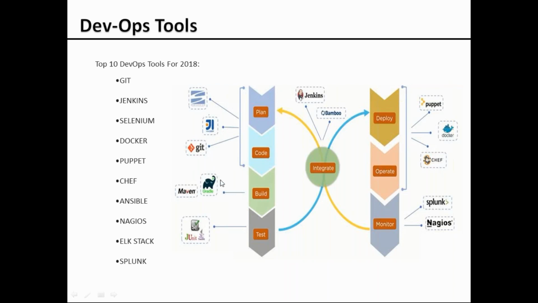Going forward, there are build tools like Maven and Gradle, which would do the build for the code the team has built. Once the code is built and integrated, these are the few tools. There are a lot of other tools, but I've put in only two, which are very famous and used by most industries. So this would do the build, and finally the testing team would use JUnit and the Selenium framework, and they would do the testing. So this is one piece of the development, isn't it?